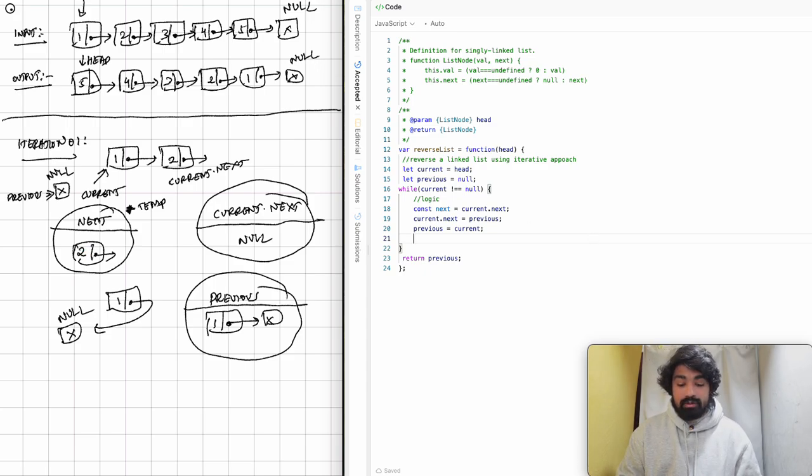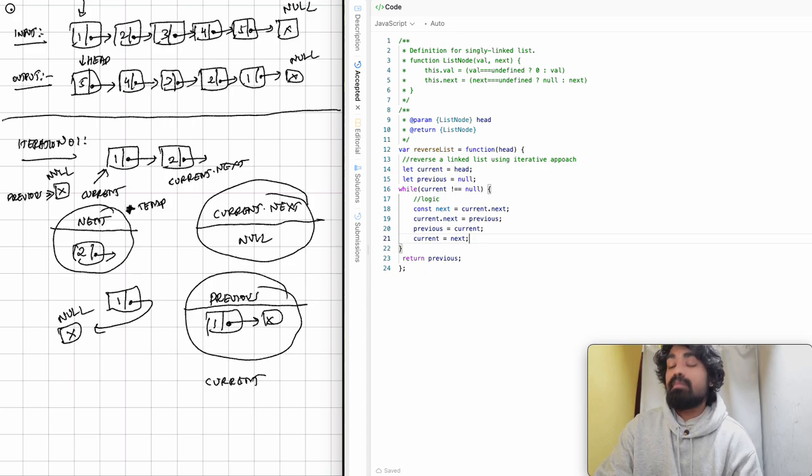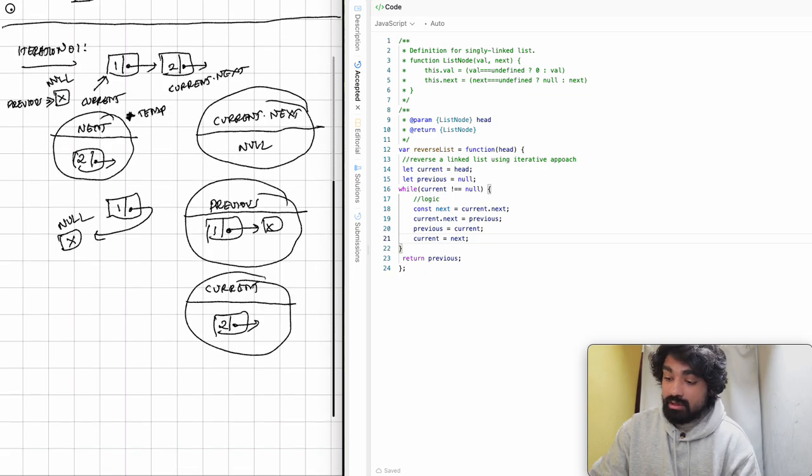And now what we will do is we will say current is equal to next. When we say current equal to next, what we mean is this is my previous, and this now becomes my current, which was initially stored in a temporary variable. So this now is my current, and at the end of this iteration what we have is